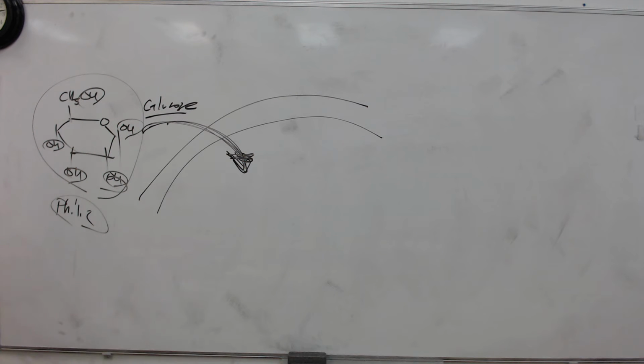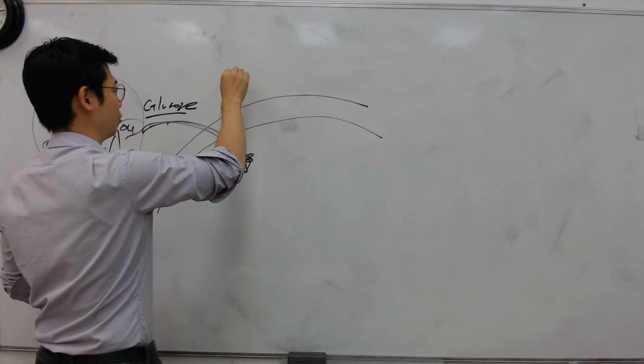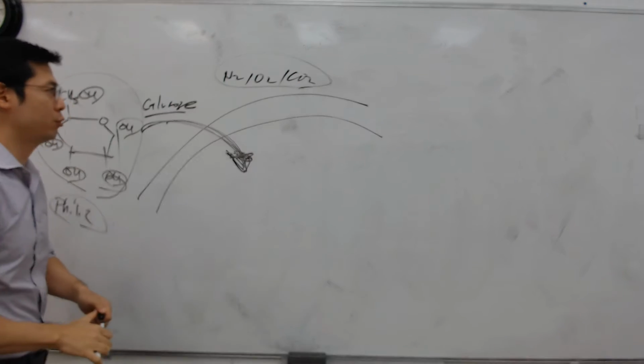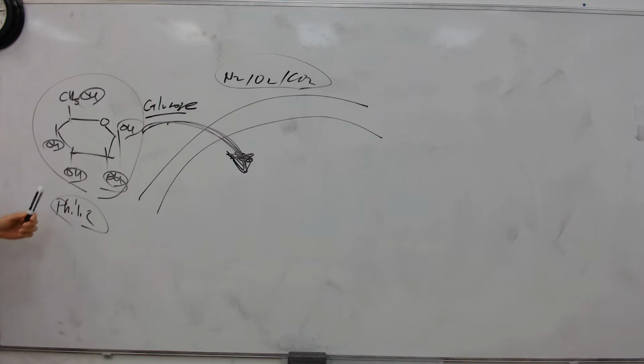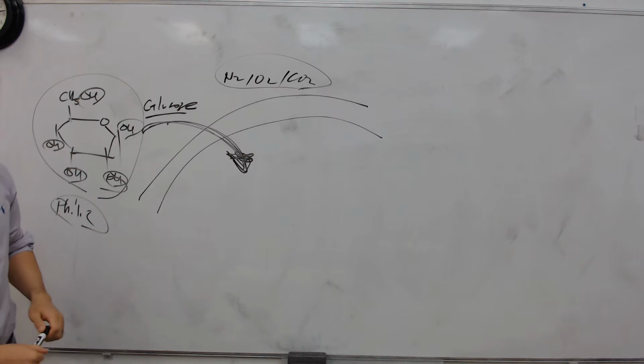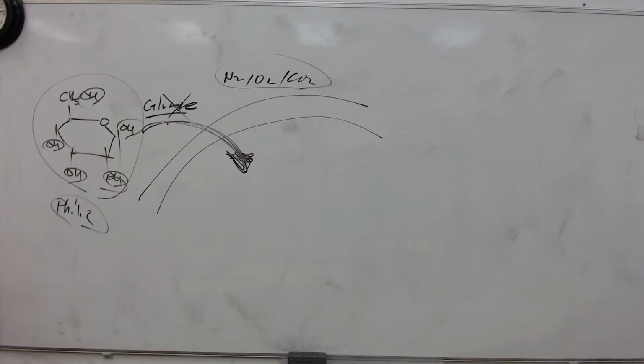Very small, tiny hydrophobic molecules such as N2, O2, H2, CO2. They can come through diffusion, or a steroid molecule, right? But definitely not glucose. Glucose will not be able to come in by diffusion. That's one of the things that we talked about. So keep that in mind, guys.